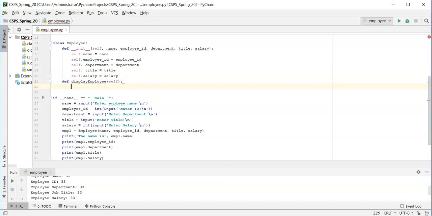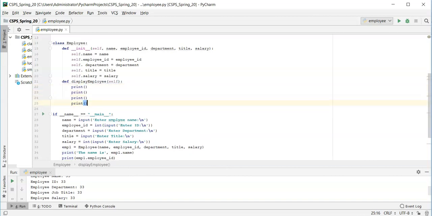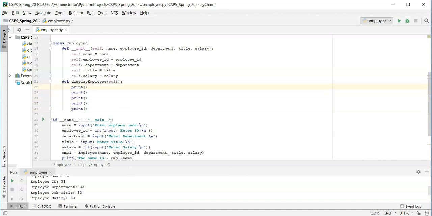So inside the method, what we need to do is just print out the information about the employee, okay? So we're gonna print out the name, employee ID, department, title, salary, and that's it, okay? So in this method, it's gonna just print. We're gonna repeat it basically 5 times for each one of these items, okay? I'm just gonna make it here to make it quick, okay? And each time I'm gonna say employee